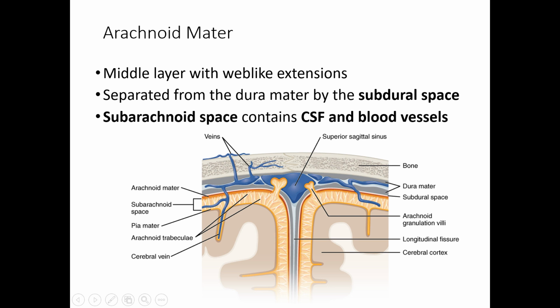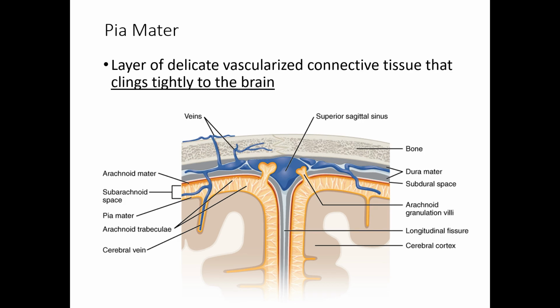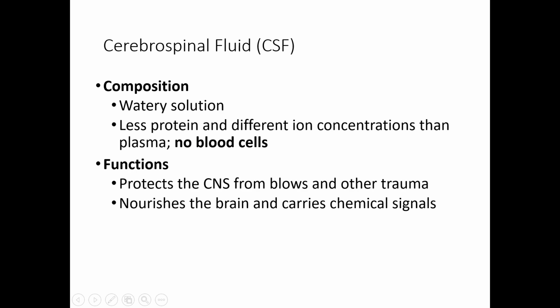Arachne is spider. And there is a space right here between arachnoid and pia mater. In that space there will be cerebrospinal fluid and blood vessels. You need to know that. Finally, there is thin protection to the brain, pia mater. It's very delicate and thin layer. Cerebrospinal fluid, which is sitting inside of subarachnoid space, is mostly made of water, also has some proteins, ions, but